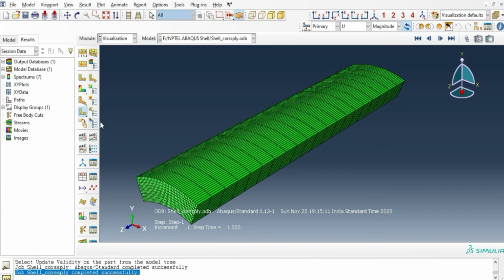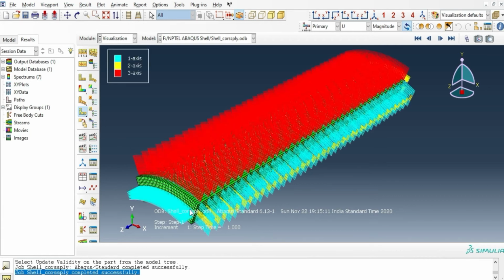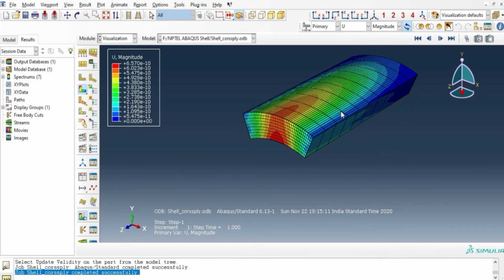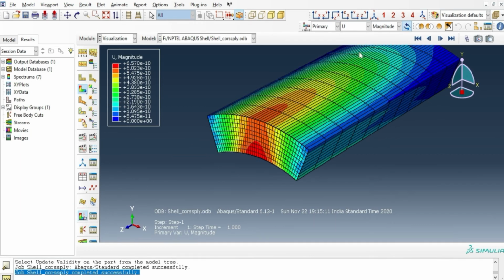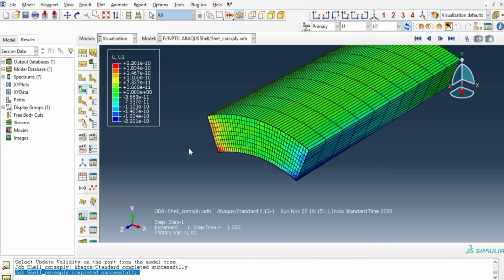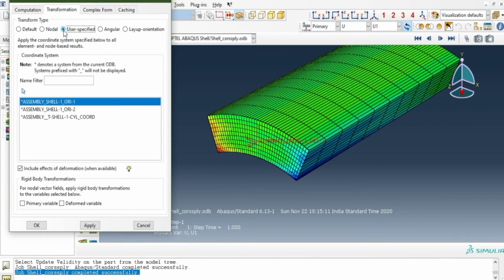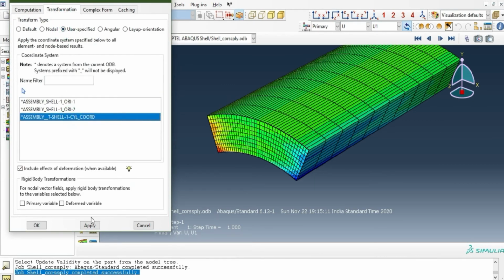Here we can see the orientation of the plies to ensure that it is properly oriented, and this is the undeformed stress and displacement plots. However, these are results with respect to the global coordinate, so we need to transform it to the local coordinate, which is our cylindrical coordinate.